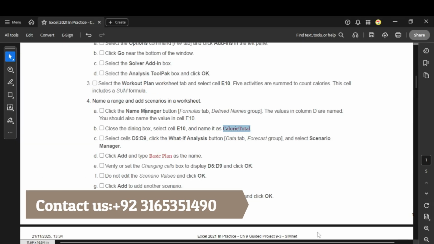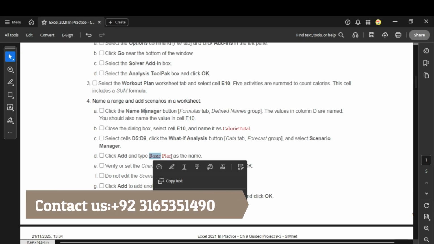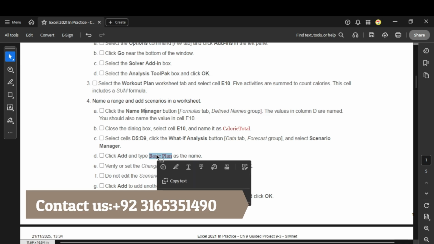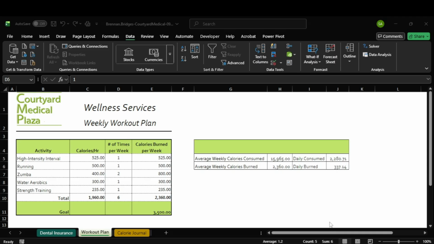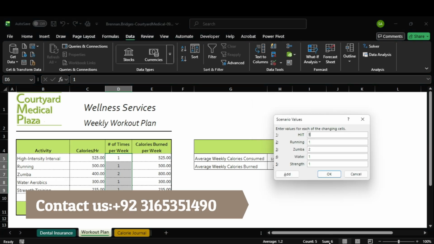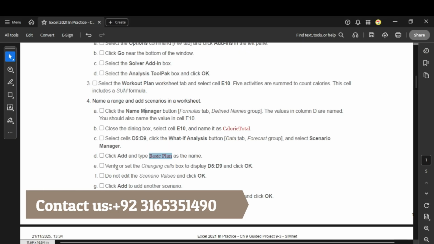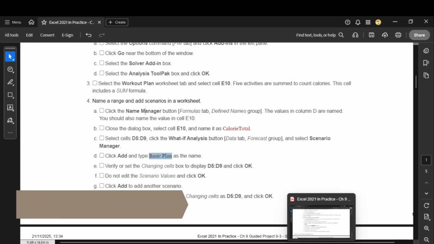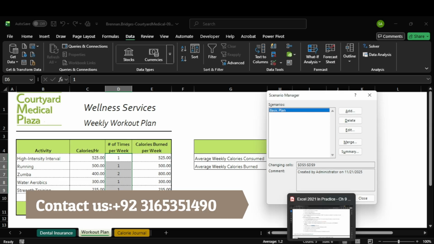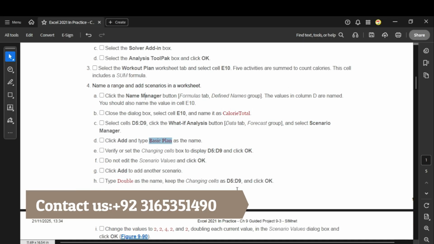Click Add. In this, the name is Basic Plan. Verify the Changing cells box displays the default. Okay, do not edit the scenario and click OK. So we'll not change it. Okay, click Add